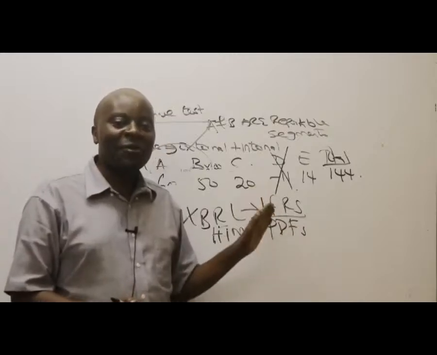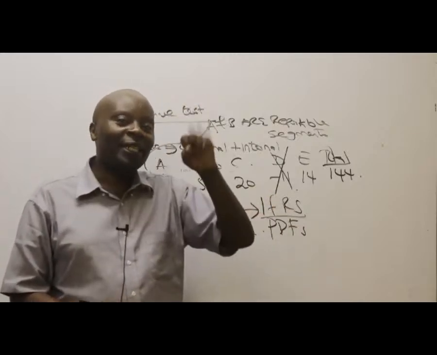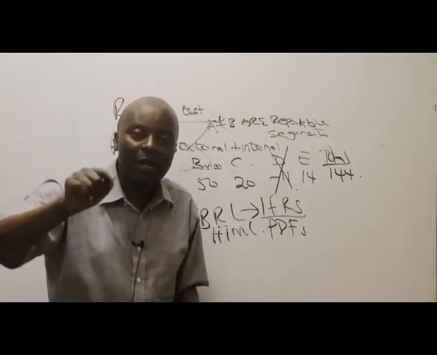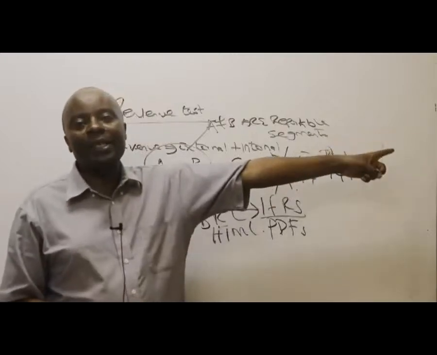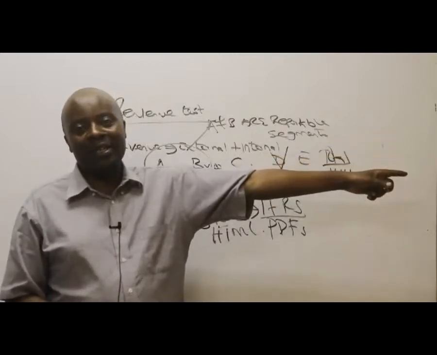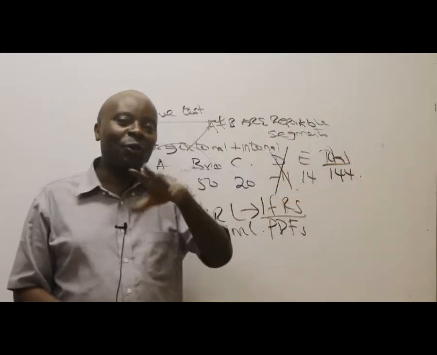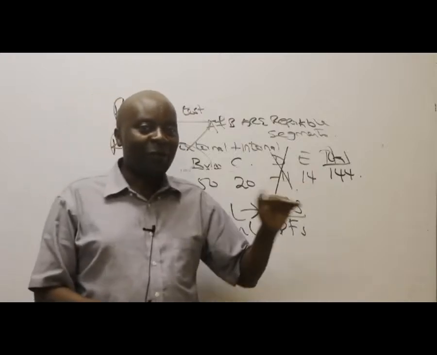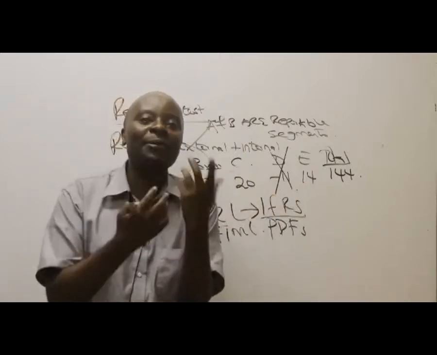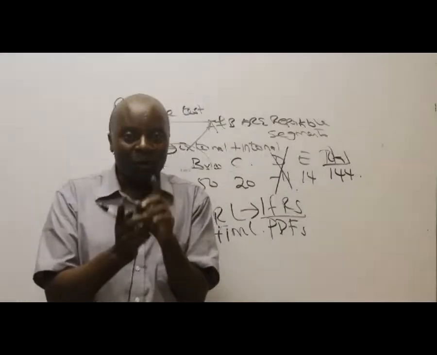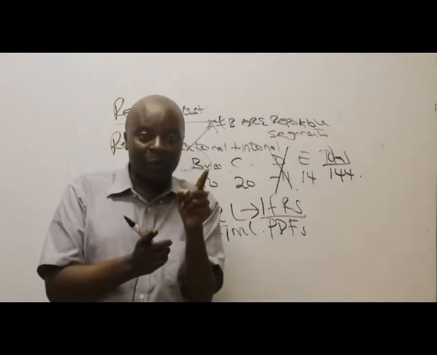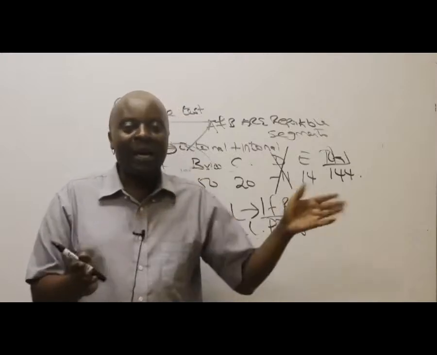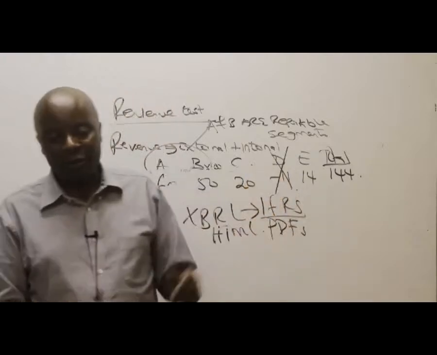IFRS tells you that, for example, if it's first time adoption, only present 3 years. XBRL wants you to tag everything that you have all the way to the time you commenced. It's going to be big data, right? And the moment you have tagged, we hope KRA will not do what I've seen other European countries doing. The moment you have tagged all those expenses, if they're able to track down, they'll be able to have dashboards which will tell them that, you know what, this guy ought to have paid 50 billion this year, but he only paid 10 billion. So we hope they'll not really move back that way, but it's something that is very important for you guys to think about.